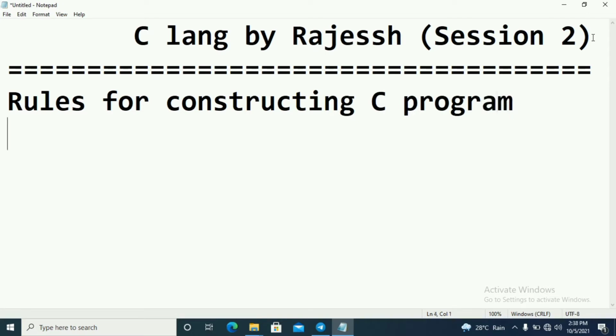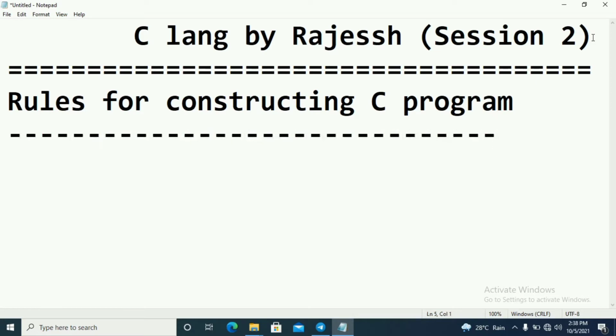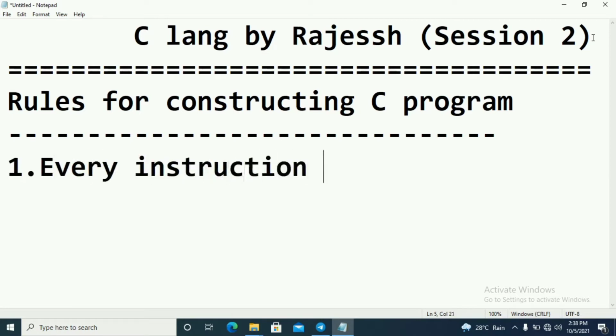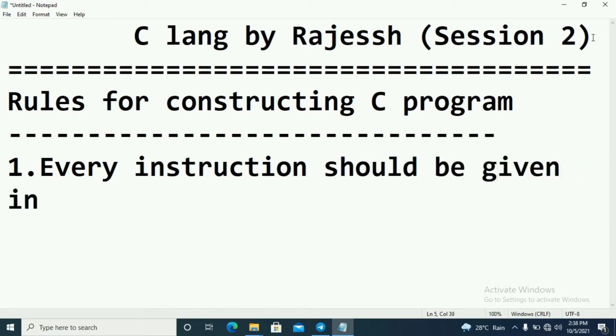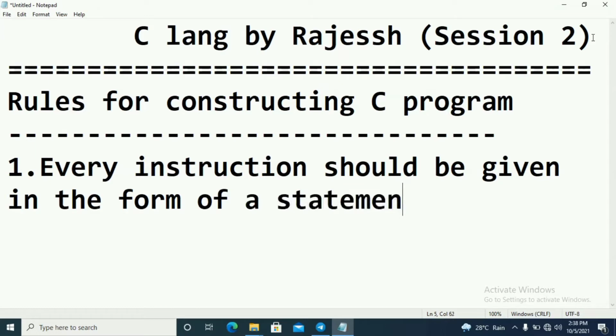In the first step, every instruction should be given in the form of a statement.